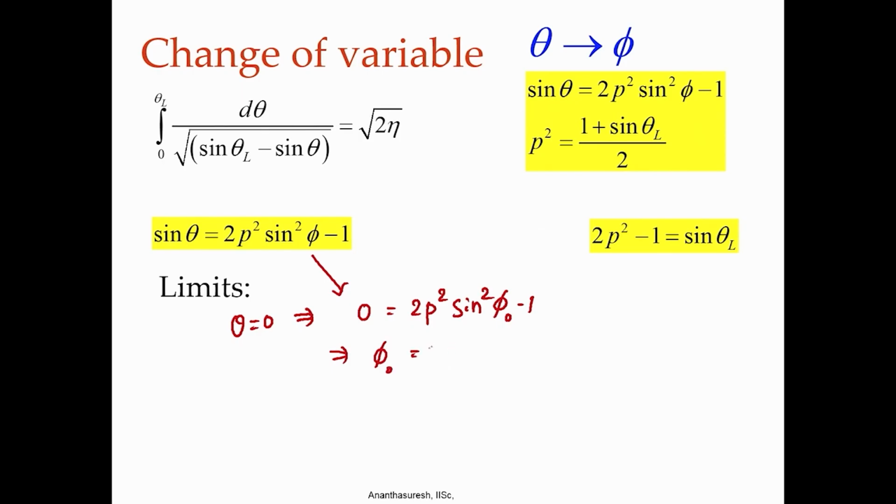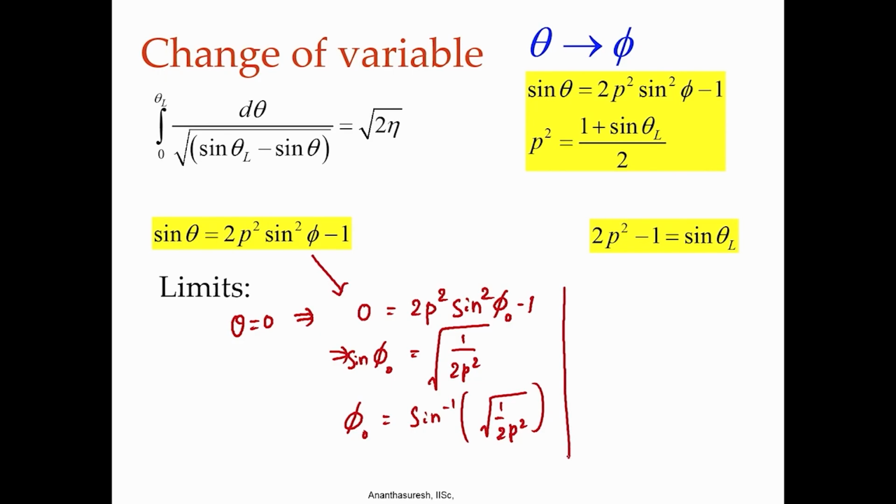That means that phi naught, the lower limit, is going to be 1 over 2 p square under square root, and then it is actually sine inverse of that. So, let me put sin phi naught here and then say phi naught is sine inverse of square root of 1 over 2 and then p square. I can take p outside, does not matter, that is phi naught. And what happens when